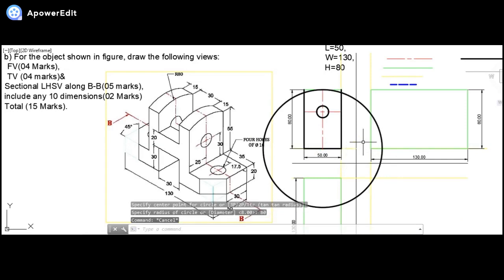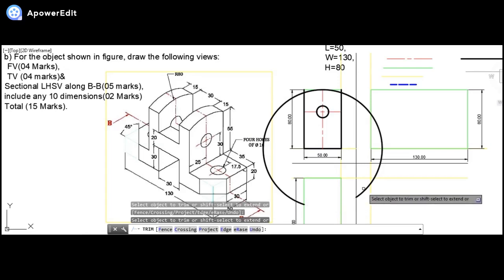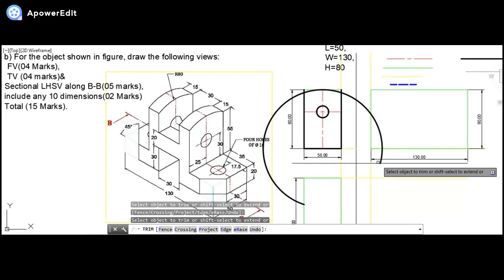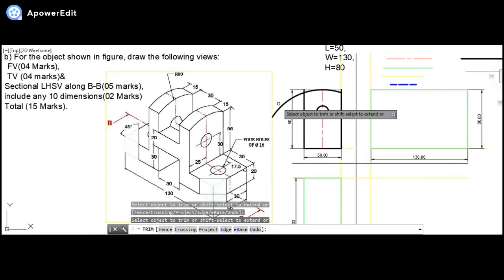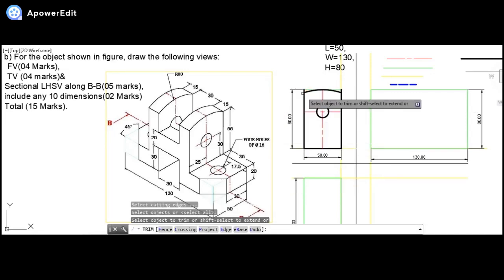So now I can simply trim out the part or delete out the part that I don't want. So it will be easier for me to just remove out the part that is not required. So one by one I am just deleting the lines, those I don't require. Even over here at the top, if I can see, these particular edges will be deleted. This one it is and this one it is, okay.